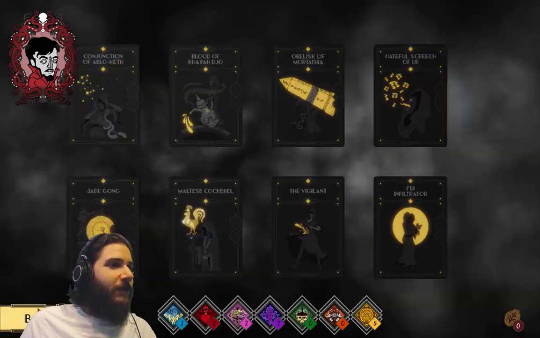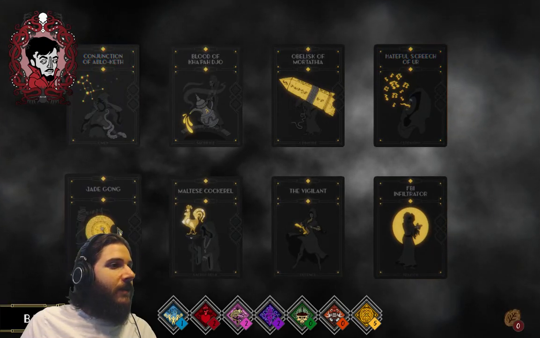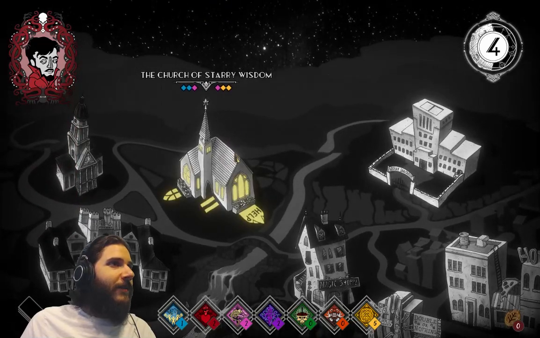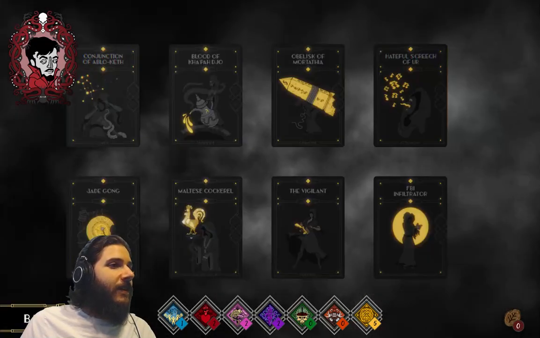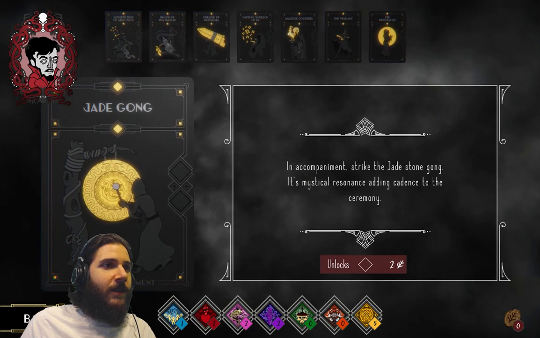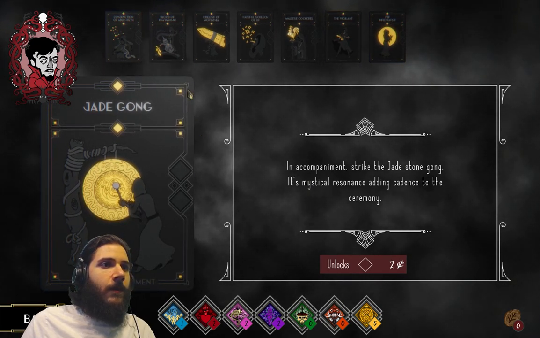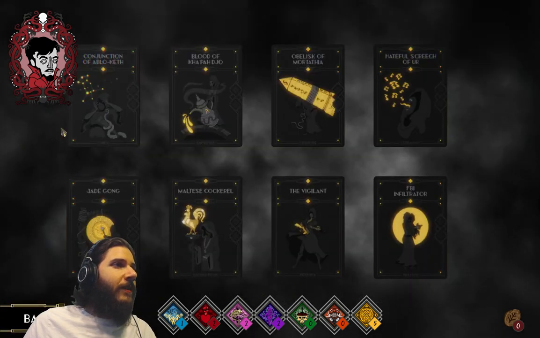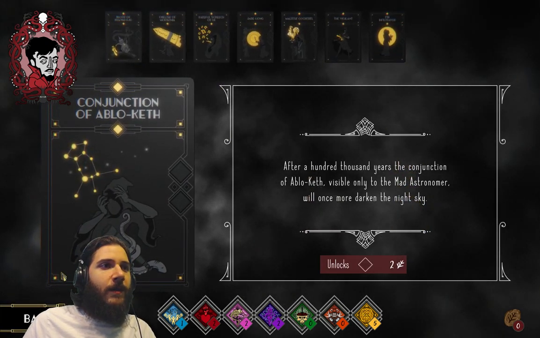Alright, good. So that means we get a thing? No, we didn't get a thing or something, but I didn't play the claw game, at least. Alright, so, like, Jade gone. Okay, it's mystical. I thought these would tell me where you find them. I thought one of them maybe...